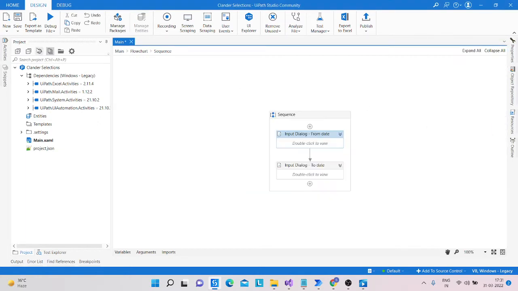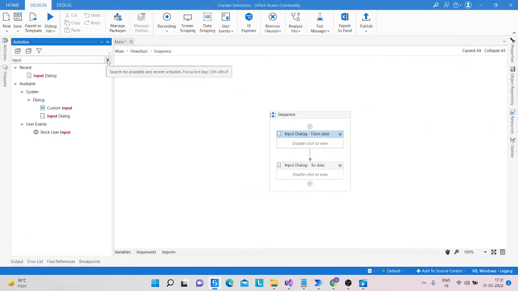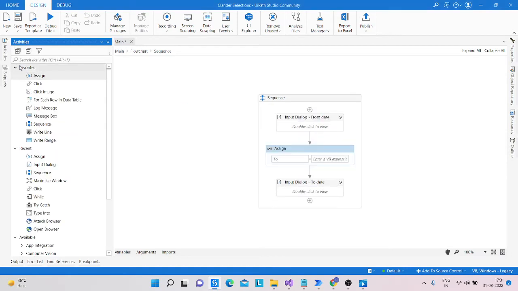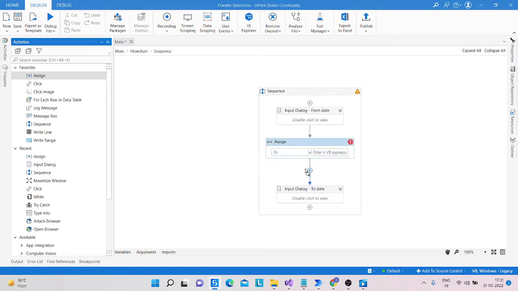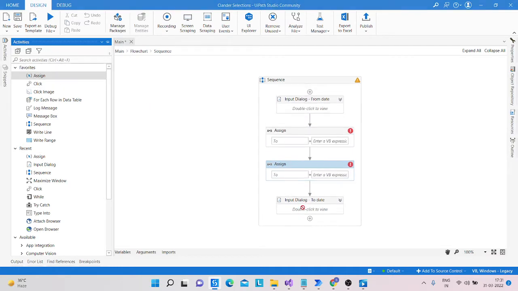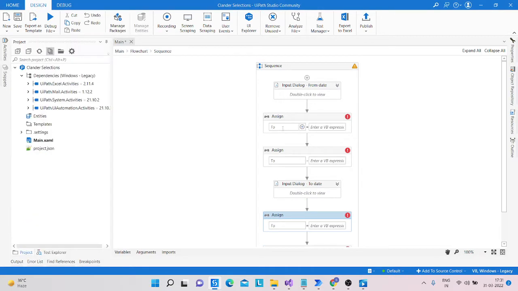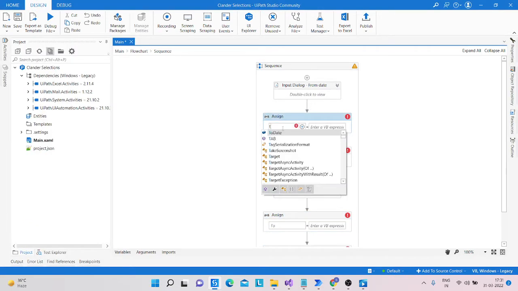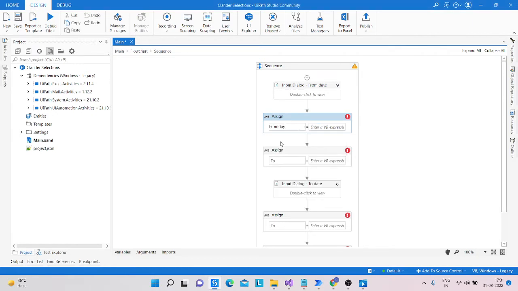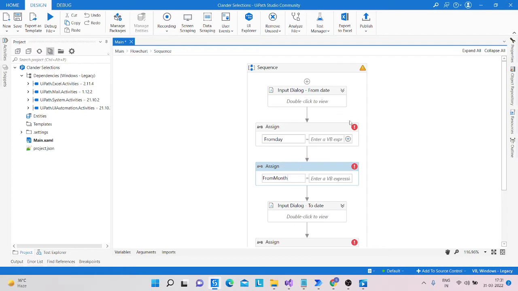After this, we take an assign activity to split the date into the day and month. Same thing we will do for the second one. So we create a variable for from day, first from day and second from month. Okay, and inside the option,